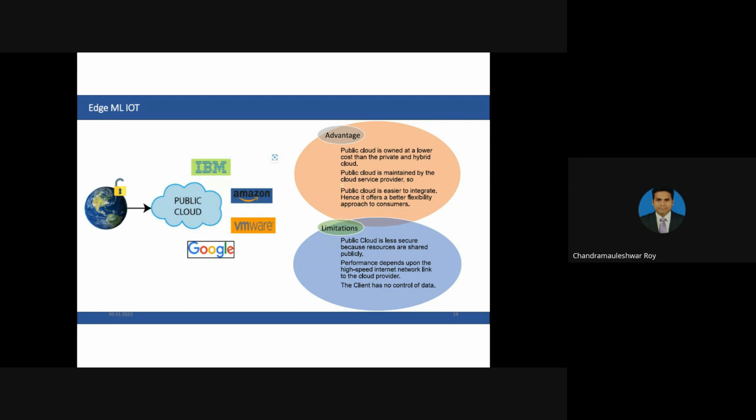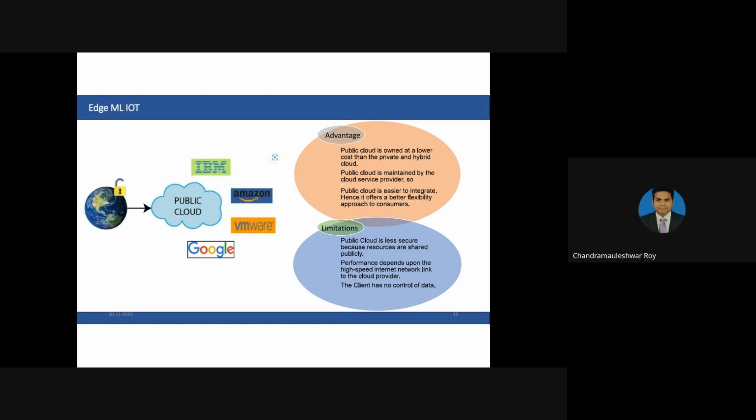Public cloud is maintained by the cloud service provider. So public cloud is easier to integrate, hence it offers a better flexibility approach to the consumer. Now actually time is very less, so I'll just come to the one